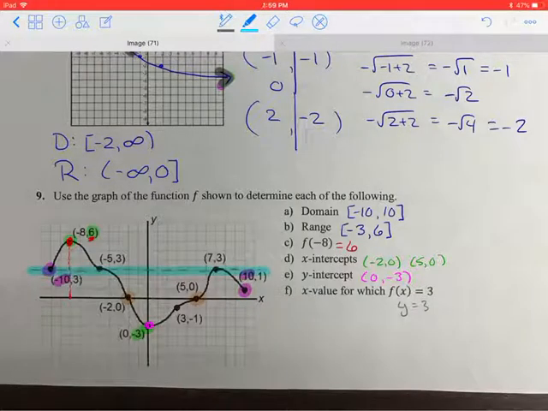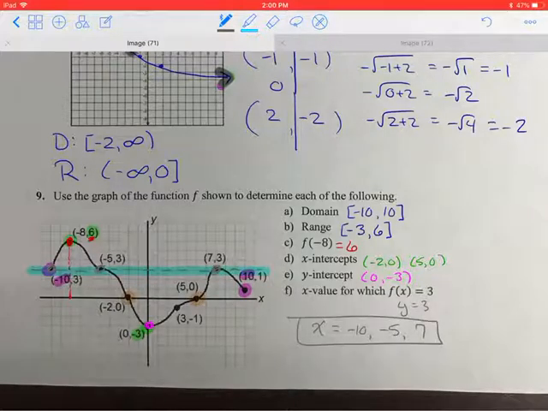So what I want to do is see where those points cross and what the x values are. I'm seeing 3 points, one here, one here, and one here. All of those have a y value of 3. So my x values would be -10, -5, and 7. So I have 3 x values where my y value is 3. All right, if we switch over to the next page,